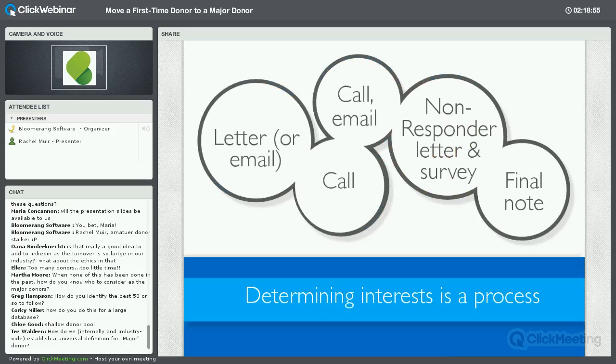So this is kind of a format of what this looks like, determining interest. This is a low-tech, manual way, especially for smaller organizations, to approach determining donor interest. Now, we do a lot of this at Pursuant, and we've had a lot of success looking at donor interest by creating videos and really understanding more about what donors care about from where they click